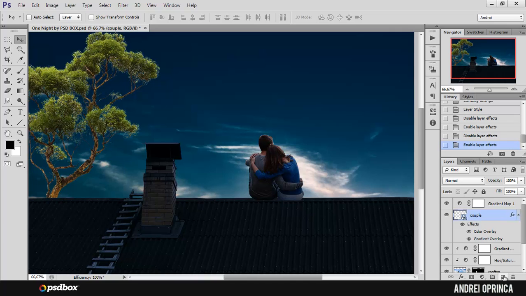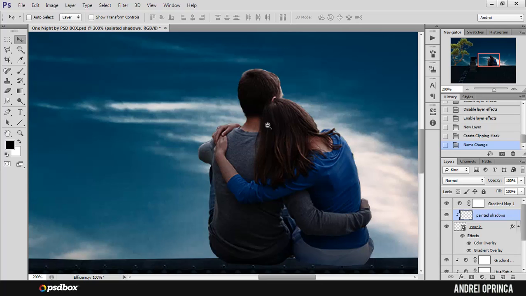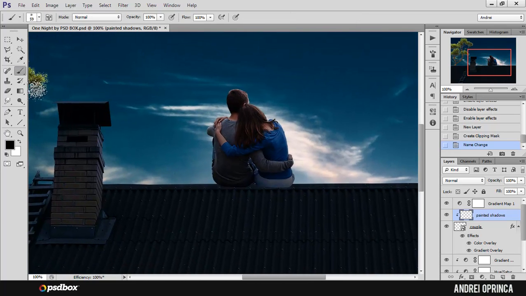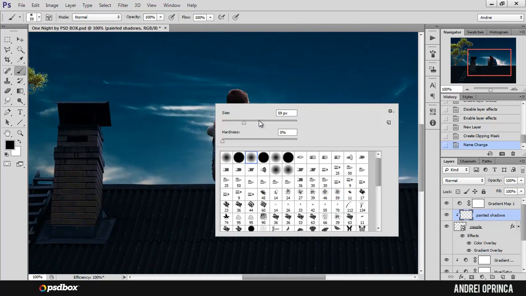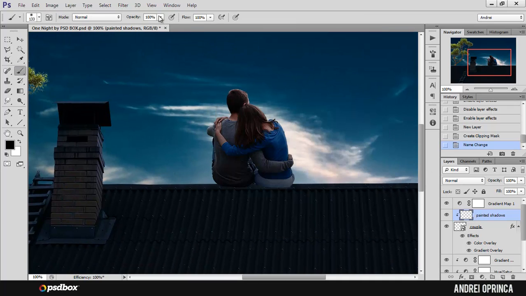First I'll create another layer which I will clip to the couple again, so create the clipping mask, and I'll name this Painted Shadows because I'll paint some shadows with the brush tool. So I'll get the brush tool, use a soft brush, and decrease the opacity and the flow to about 20%. Use the black color, just paint